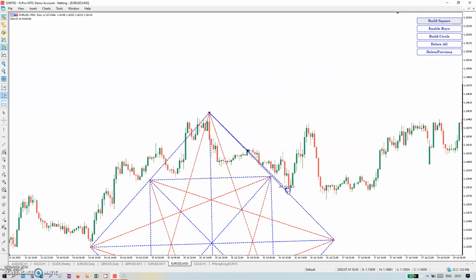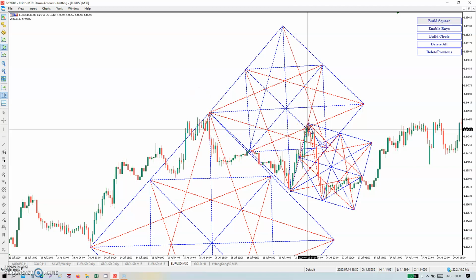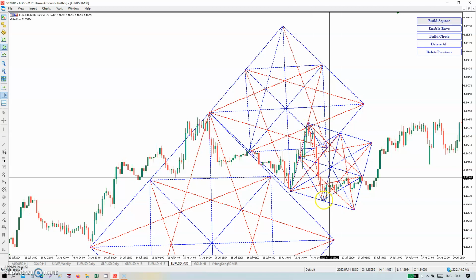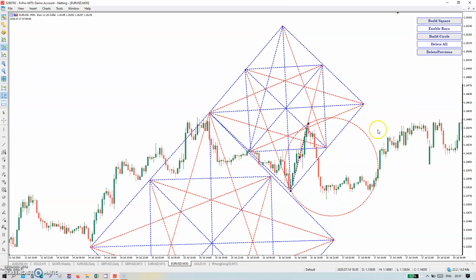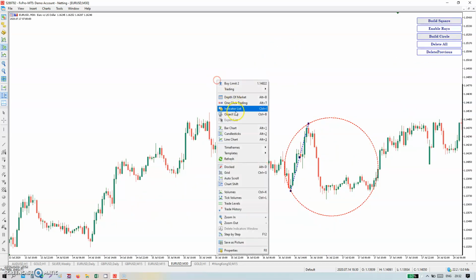Suppose here to here you draw, here to here, and draw some things here. See the swings here to here. These are the 60%, 66.6%, 50% values. Exact swing low. Build a circle. If you want to draw this one, it means recent here, then last, then last. Okay, it's all about the parameters.